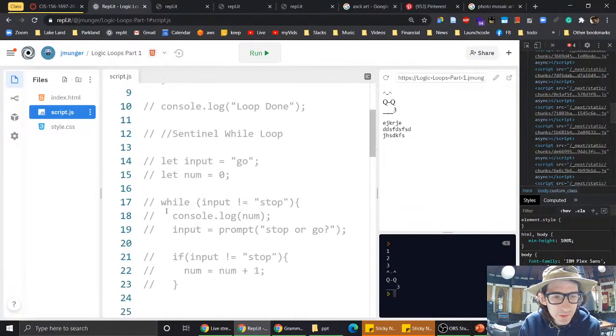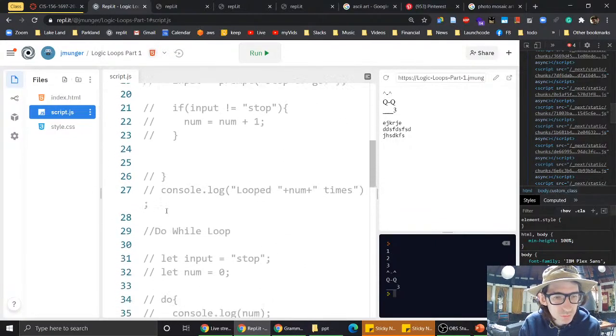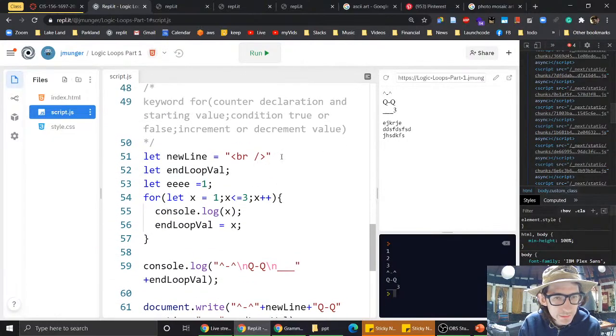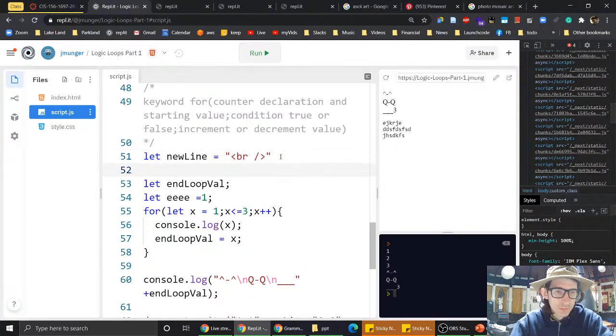What's the best way to do this? We can have new line, we can have pre-start, and we can do